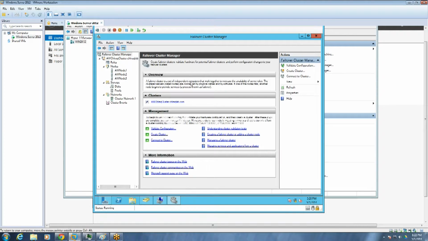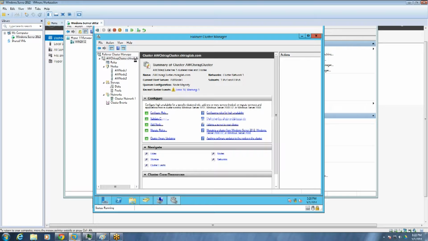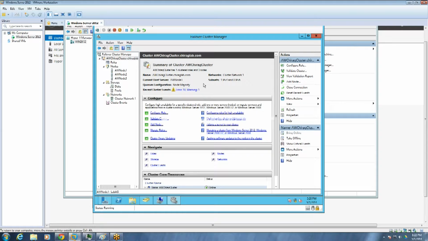Once the cluster is installed, it will look something like this. Earlier when I set up the cluster, node 1 was the host server. Then I failed over, it failed over to another one, and now its host server is node 3. It consists of 3 nodes. When you expand the nodes, you will see all the nodes involved in this cluster.